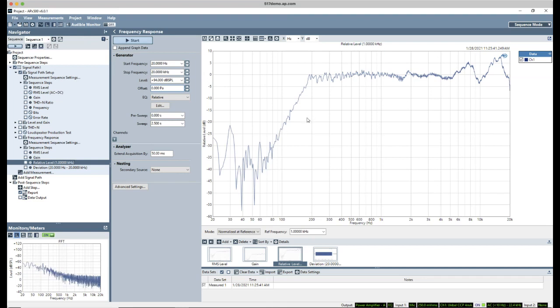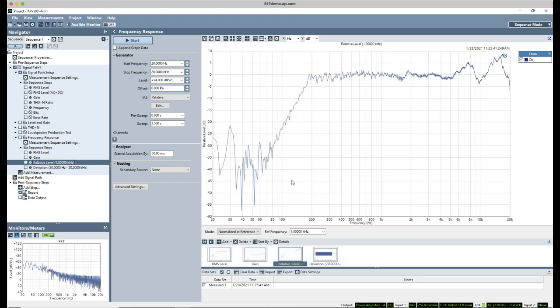Now, let's talk about this speaker a little bit. You can clearly see that it's down 20 dB at 100 hertz or so. It's down another 20 dB, down to minus 40 dB at 80 hertz. It essentially has no output level, no signal output below 80 hertz. If I try and equalize a speaker which has 40 dB of drop,